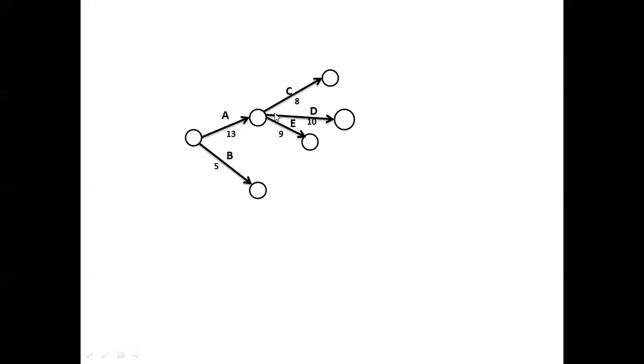Then next constraint is B controls F and J. The activity B controls F and J. F and J are the activities which will start only when activity B is completed. Here, F and J activities have this as a common start event, and this is the end event for B.